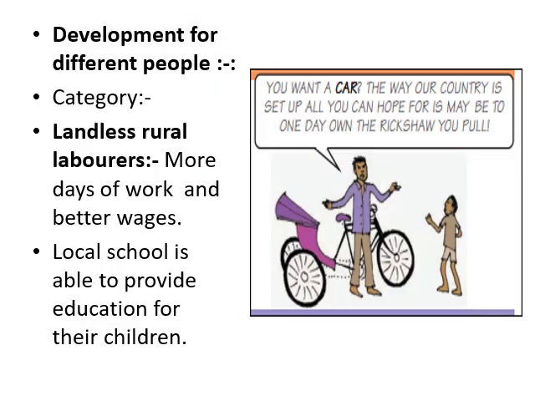Now when we talk about the word development, is it the same for all of us? Let's see. When we talk about development for different people, it is certainly different. Take the example of a landless rural laborer, a laborer who is working in rural farms but does not own any land. What will his desire be? What will his goal be? To get a good amount of work, more days of work, is the foremost priority of that worker. Also wages, the second one is wages. Better wages mean better life conditions, better health facilities, better education for the family.